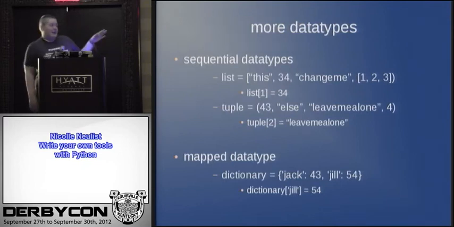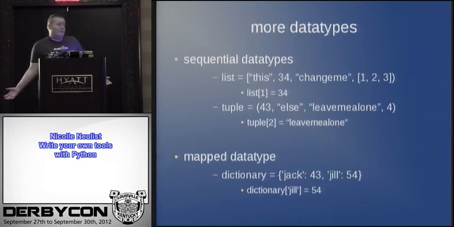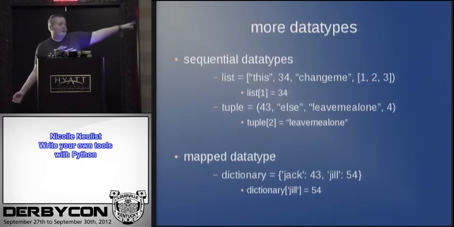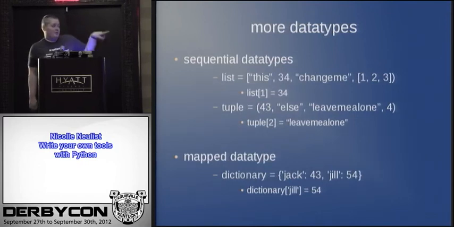My point I'm trying to get at there is you don't have to have all the same data type in a list. You can have lists within lists. That's pretty useful if you want to do like a matrix or something. And you pull list elements by their element number. As you can see, list index 1 is 34. Python, like a lot of computer stuff, likes to start at 0, not 1. So list 0 is the word this.